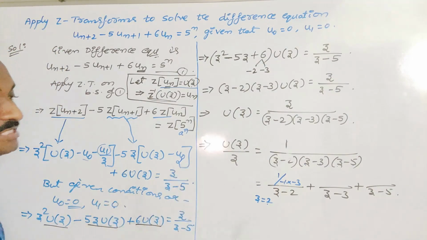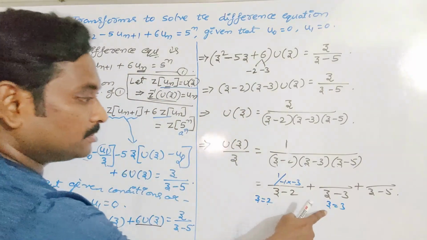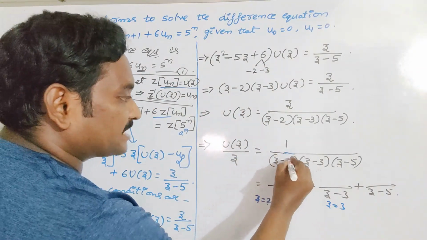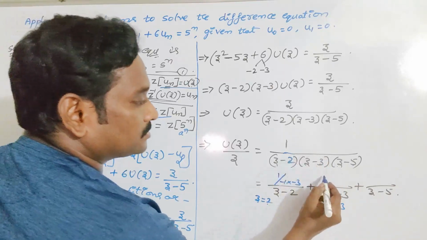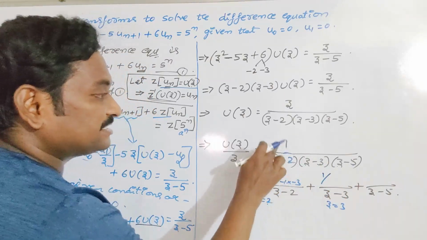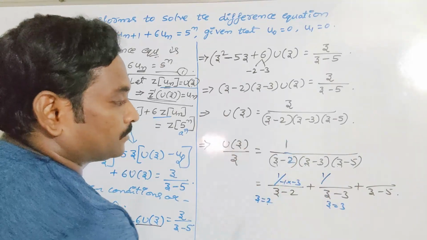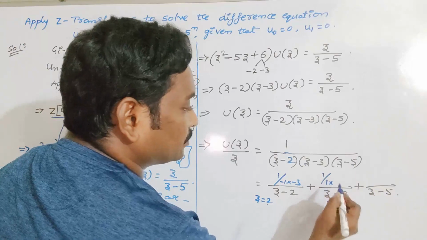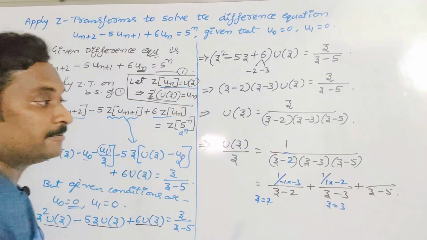Okay. I will use this direct method. Z is equal to 3. Replace Z is equal to 3 in the previous term except in this factor. Close this factor, so you will get 1 in the numerator. If there is Z in the numerator, you have to put Z is equal to 3 in the numerator also. So 3 minus 2 is 1, into 3 minus 5, which is minus 2. So minus 1 by 2 is the B value.